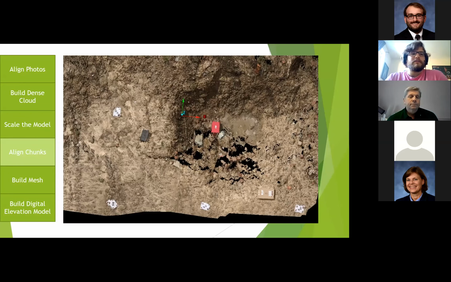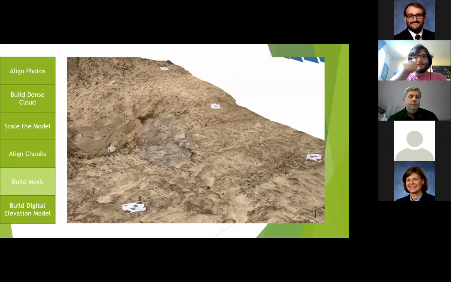I did the same thing up to this point for a second set of photos where I placed boxes into the photos. These are the features that I was trying to identify between the 2 different models, to see how accurately I could represent their size in the models. So you align the chunks based on the targets placed in both photos. And that was essentially the method for my analysis.